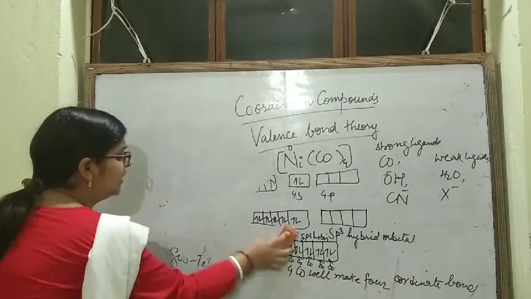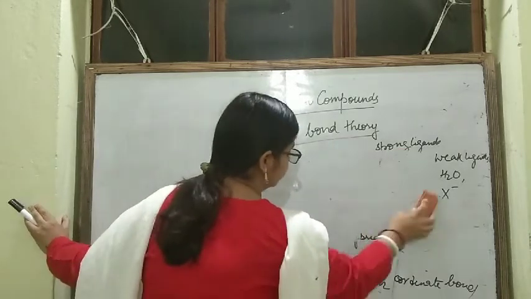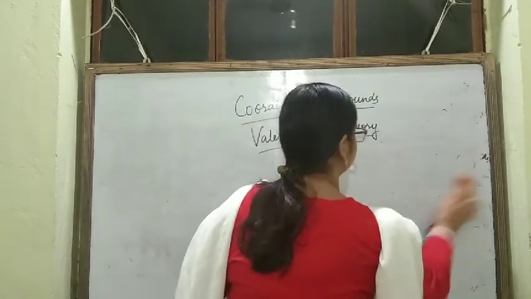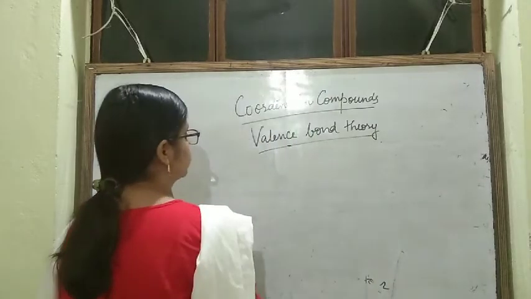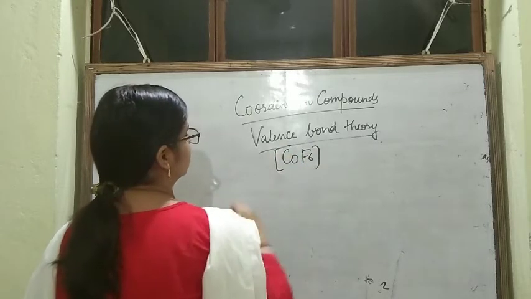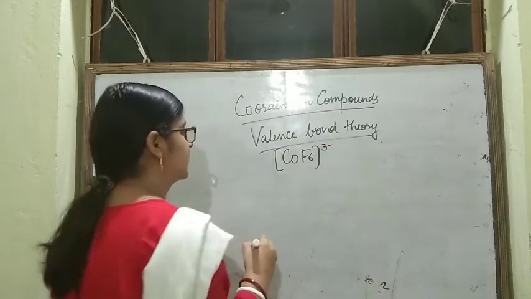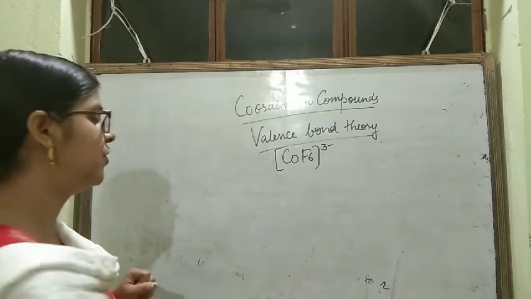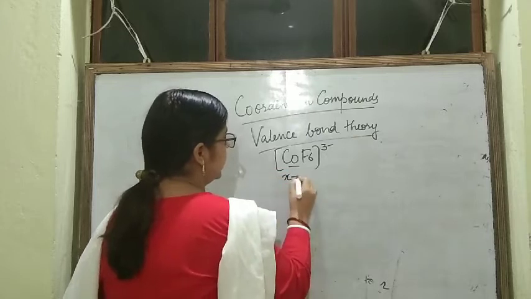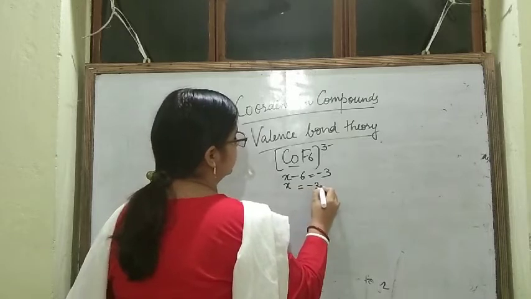Next, I'll be taking one example of a weak ligand, a complex which is containing a weak ligand. Suppose we are taking CoF6 3-. The first task is to find out the oxidation state of cobalt. What will be the oxidation state of cobalt? x minus 6 is equal to minus 3. So x will be equal to minus 3